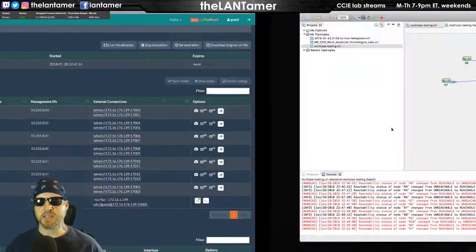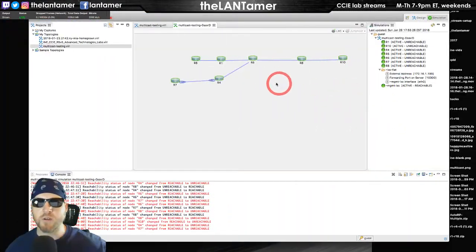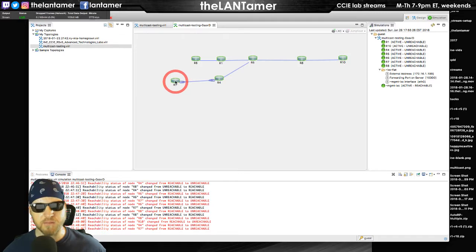Okay, so we have our basic lab up. And what I want to test and figure out, anyway, how this works is with dense mode. If I set up 6 as an IGMP group member, and I send a ping from router 10,